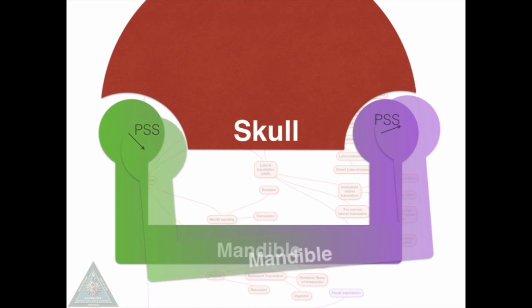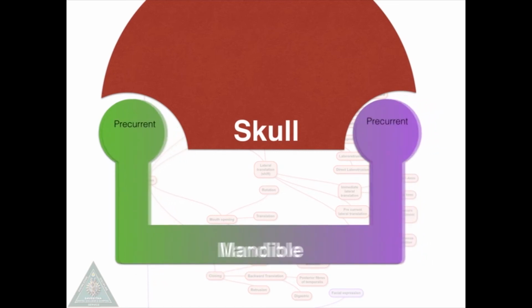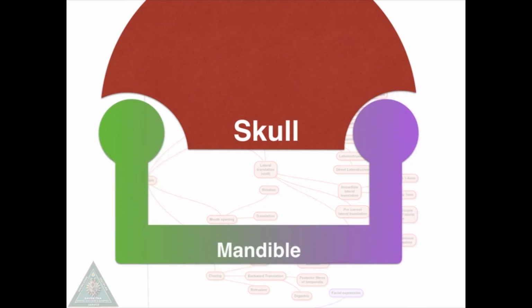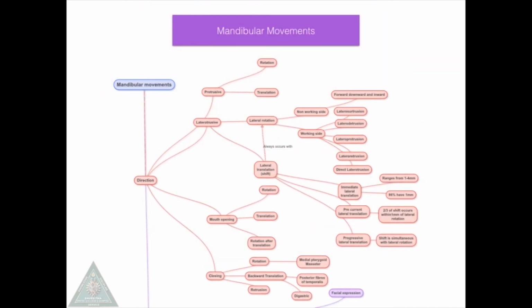The next set of movements is mouth opening and closing. During mouth opening, as I previously mentioned, first there is a hinge movement of 12 degrees or 25 millimeters interincisal separation. Then there is translation, and then there is rotation after translation around the lingula of the mandible. During closure also, there is closure around the lingula of the mandible axis, and then there is translation of the condyle, and again there is rotation of the mandible to close back in place. So opening and closing always happen in 3 steps: rotation, translation, and then rotation after translation, as shown in this figure.